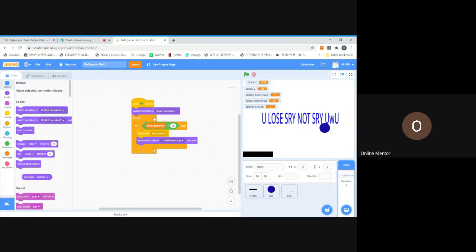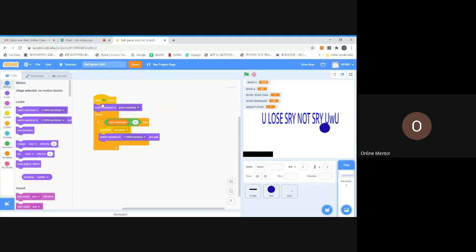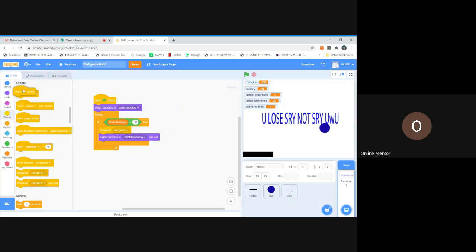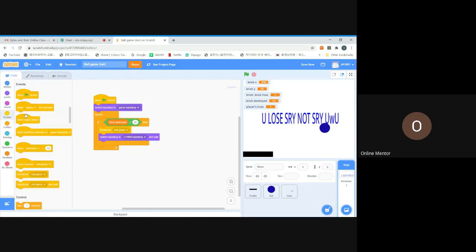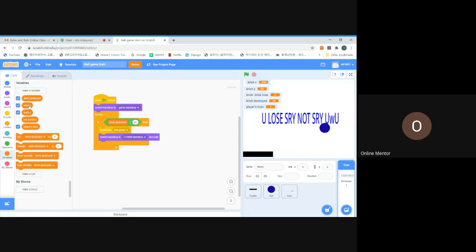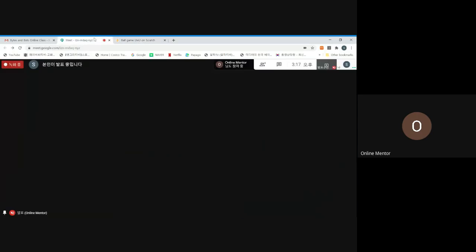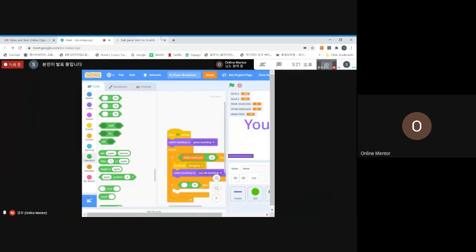So we say if bricks destroyed is equal to 42, that's our winning condition. Which one can we use to figure out if we lose? Which variable did we just make? Are we going to use bricks destroyed or player lives? Player lives, right? So we're going to say if player lives is less than 1,